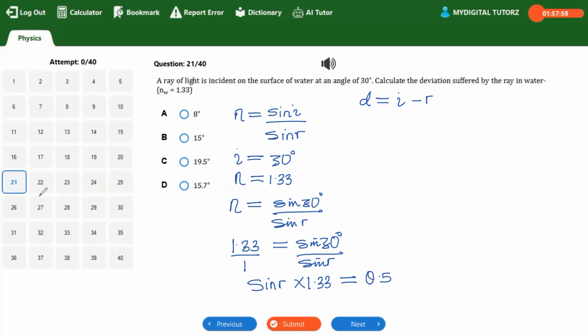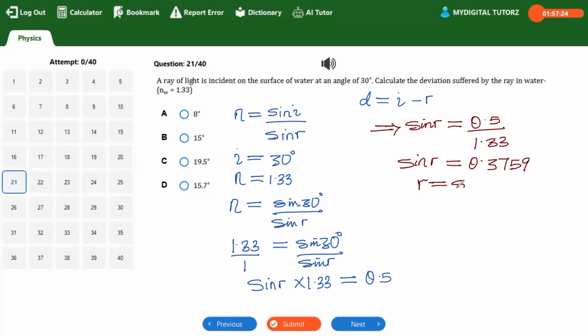So this implies that sine r, by the time we divide both sides by 1.33, we have 0.5 all divided by 1.33. So sine r will be equal to 0.3759, right? So here our r will be equal to sine inverse of